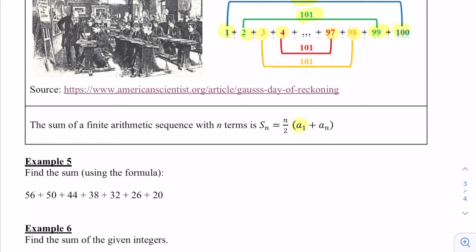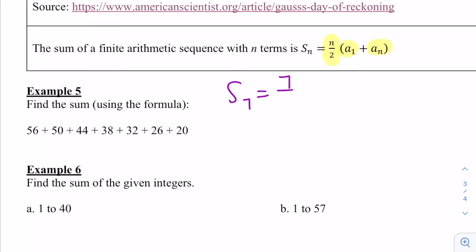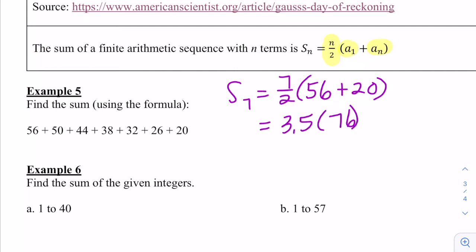We need to know the first number, we need to know the last number, and we're really going to find how many pairs, or divide the n number of terms by 2. So for practice, let's find the sum of these numbers. You can tell we have 7 numbers in that sequence, so we'll have S sub 7. So 7 divided by 2, our first number is 56, our last number is 20. So we'll have 3.5 times 76, and that equals